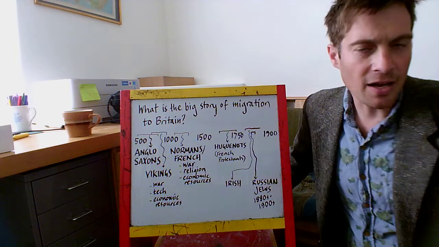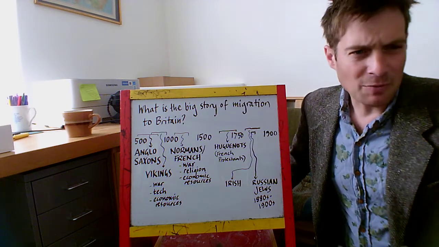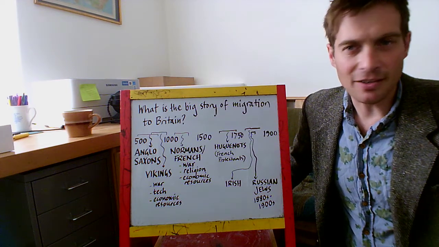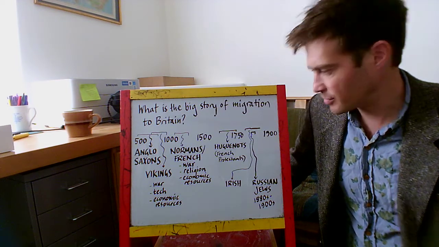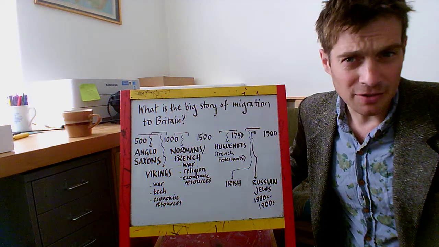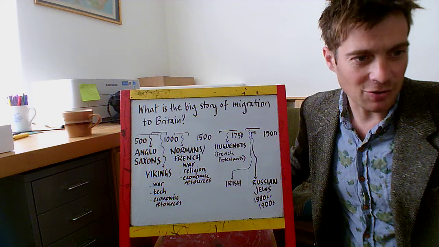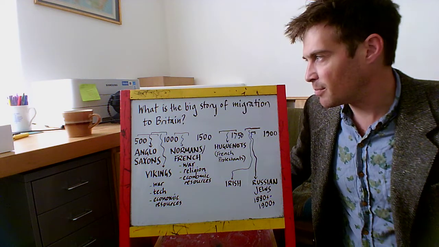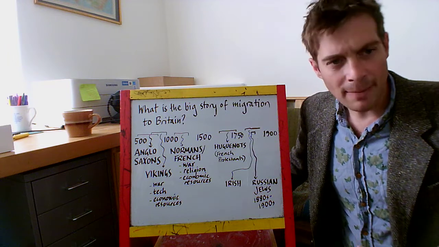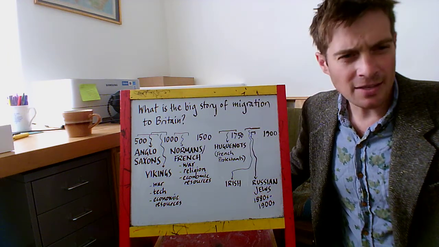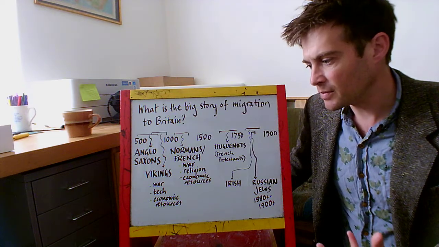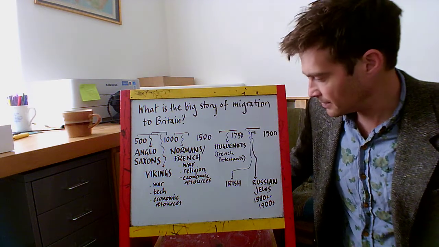Moving forward to the 19th century, so really from 1800, I'm talking here about migration from Ireland. There's always been migration between the island we're on now and the island of Ireland, which is just over the Irish Sea. Ever since there have been people on these two islands, there's been migration between the two islands. But migration from Ireland to Britain increased rapidly in the 19th century, from around 1800 onwards, as the Industrial Revolution was really underway in this country.